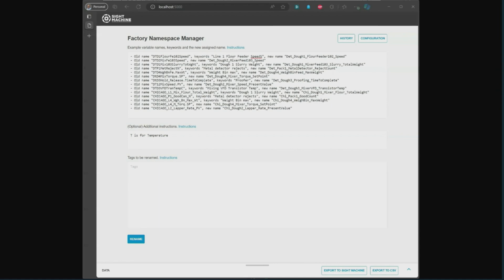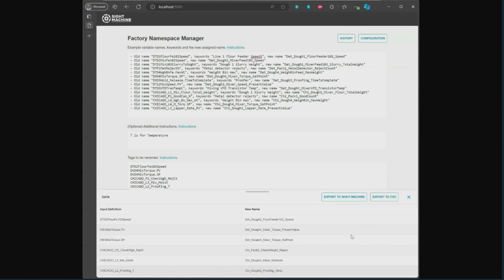So in this case, I just said T is for temperature, as opposed to say T is for time or something like that. And then I've got 6 examples here and it's going to go through and try to automatically rename those. We give it just a quick second here, and it will pop up. The new naming scheme gives you this output, which takes those other names, which were ugly and from different schemas, and gives you a consistent way of naming them based on the patterns that it found before.